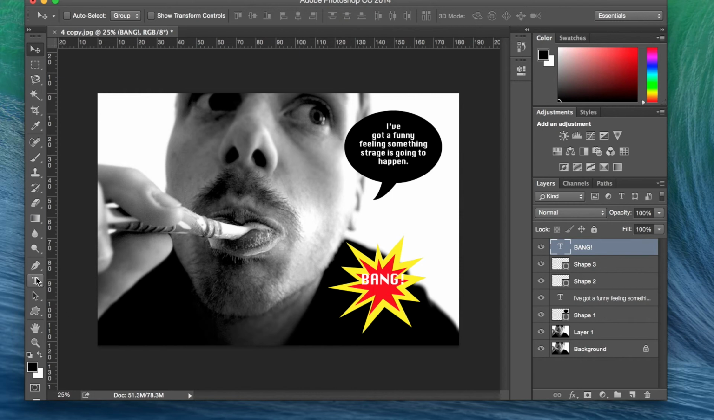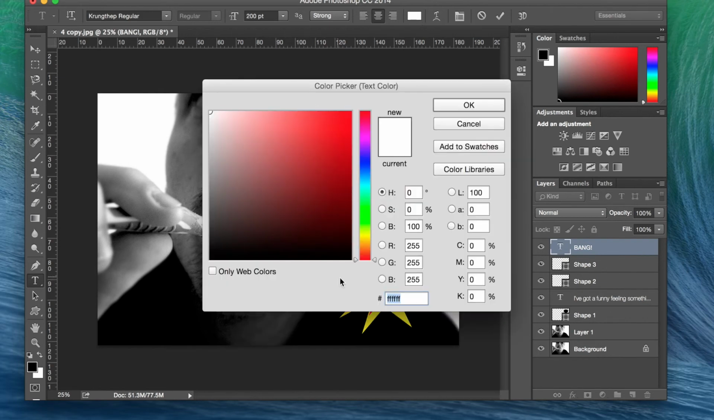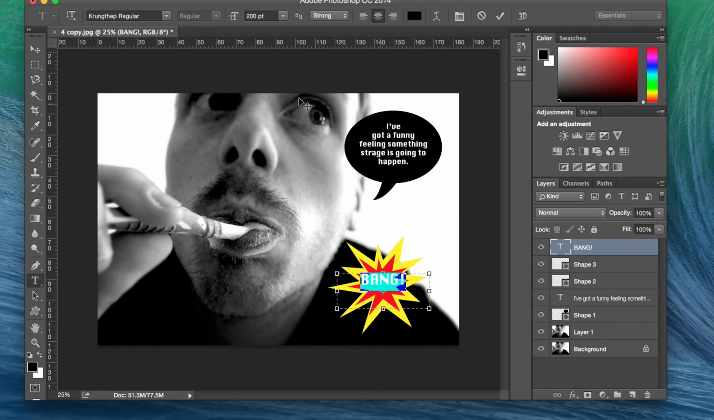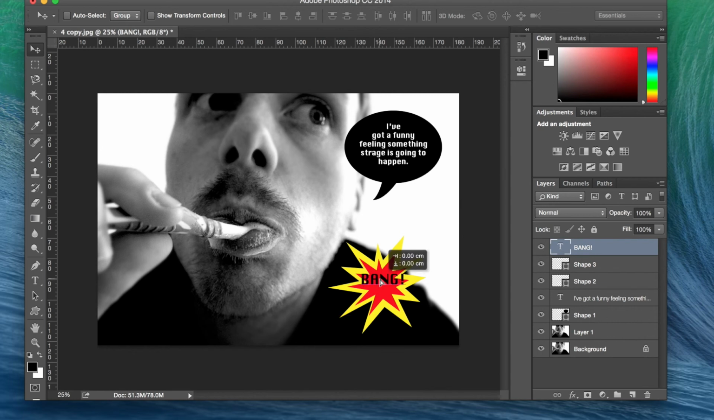Okay, what we can also do is change that text color as well. So let's change that to black, and it might show up a little bit more. Bang. There we go. Okay, so that's some ways that we can start to use speech bubbles and introduce speech bubbles